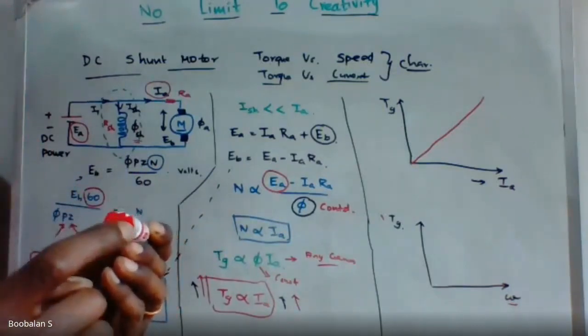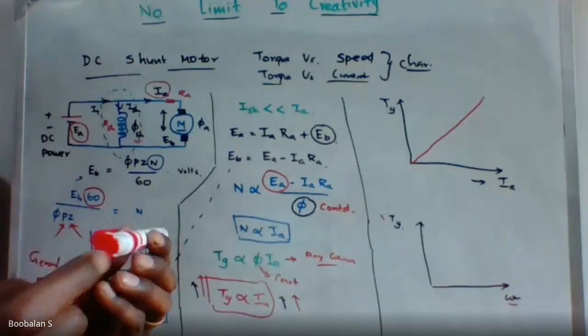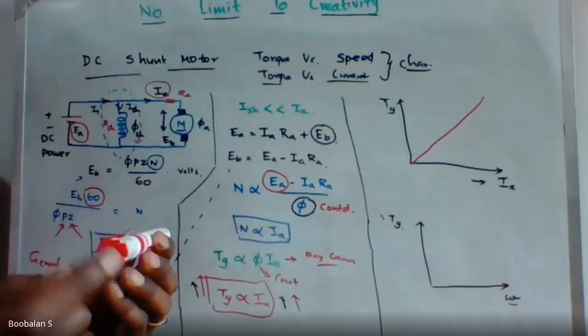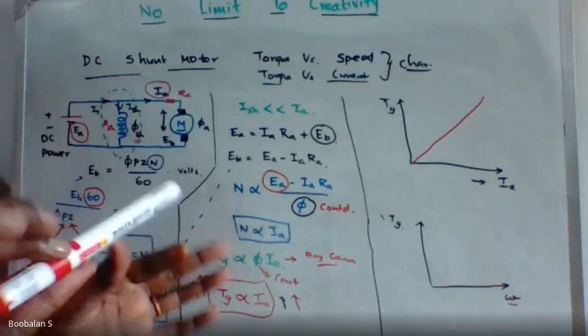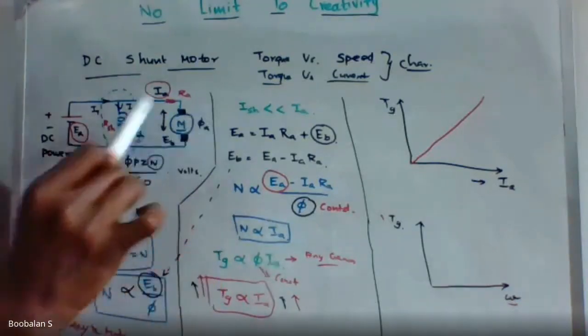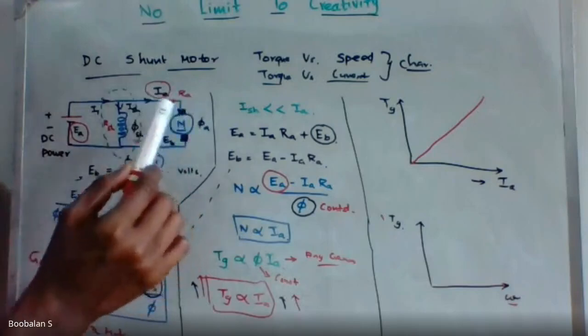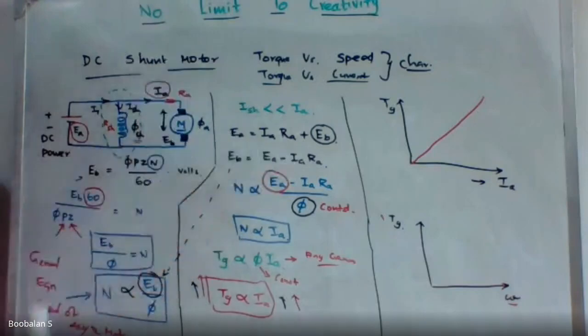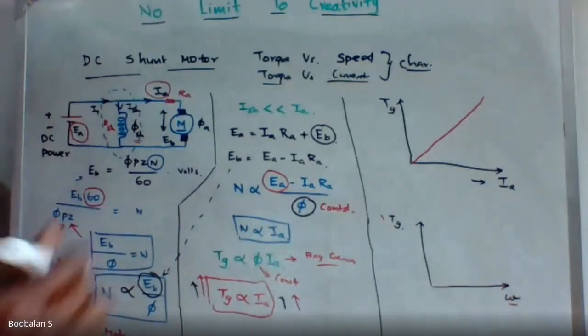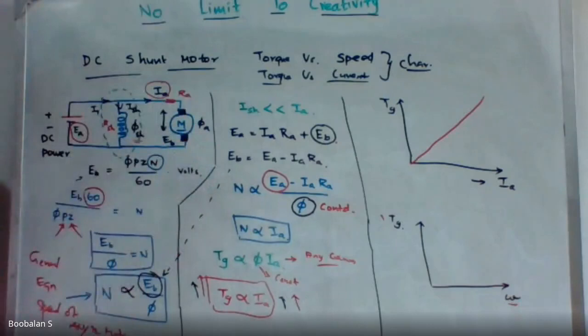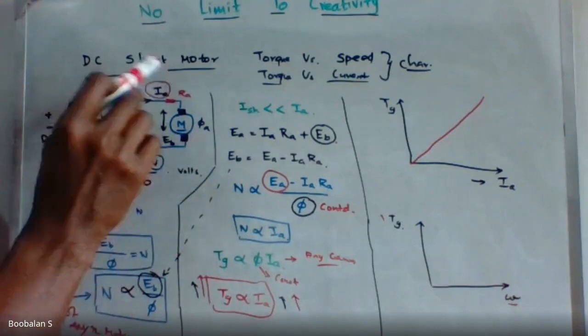Beyond this, if I go above 10 liters, in the sense I'm going to allow more electrons, then the coil gets melted and broken. Then the motor gets broken. So that is called the rated value of that current. If it goes above the rated value, it couldn't conduct that much current, so the fuse will go and the entire motor will fail, right? The coil will burn, and the motor is wasted. So that's called rated current.